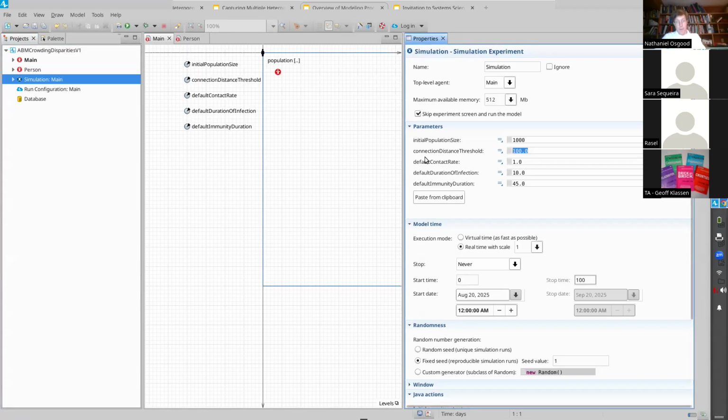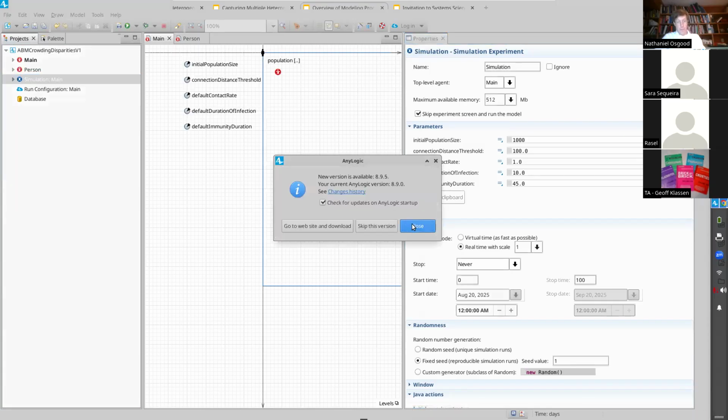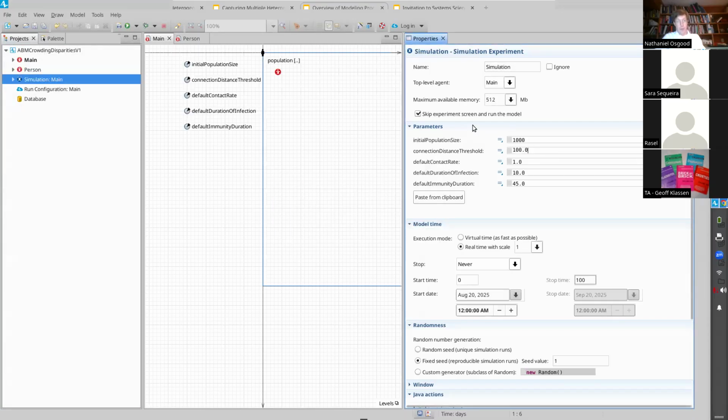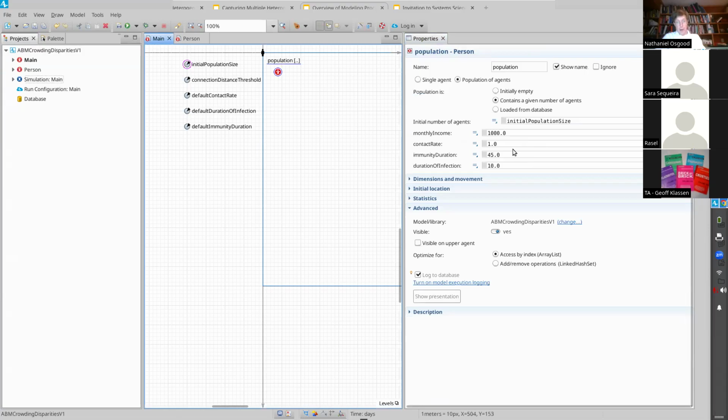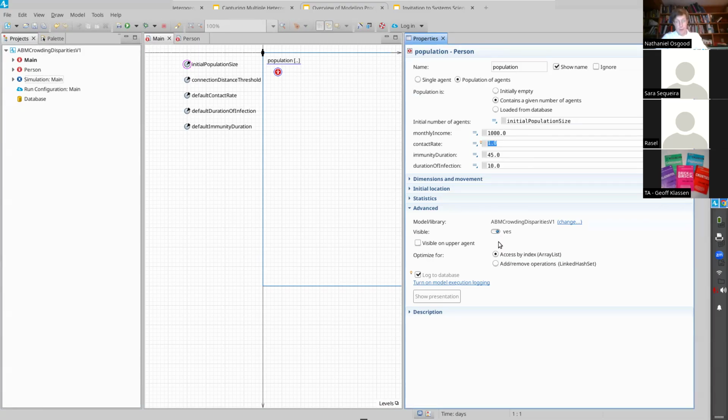Okay, what we should be looking at is the population here. We add initial population size. It's the size of the population. It's a population of agents. Make sure it's a population of agents. Monthly income, you can leave there. We're going to put a formula in a minute. But let's do the obvious ones, or the ones that are straightforward. For contact rate, you're going to put default